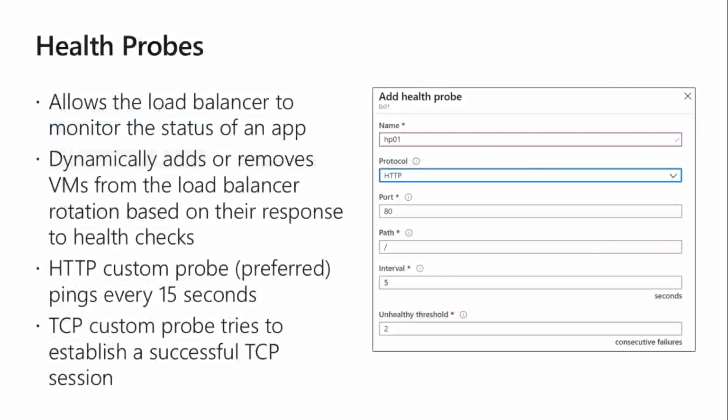Health probe. For health probing, the load balancer is always sending a packet, or you can say a hello packet, to the backend pool to understand whether your backend pool is live or not. For sending the health probe, we can configure TCP or UDP packets only, or we can use an HTTP-based path definition.